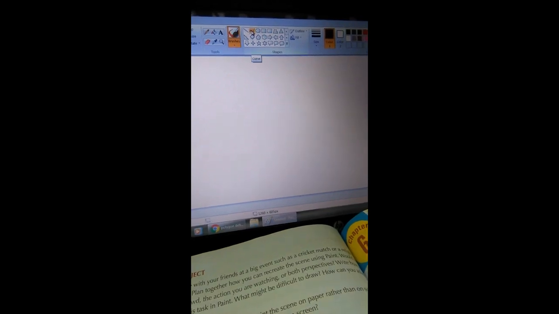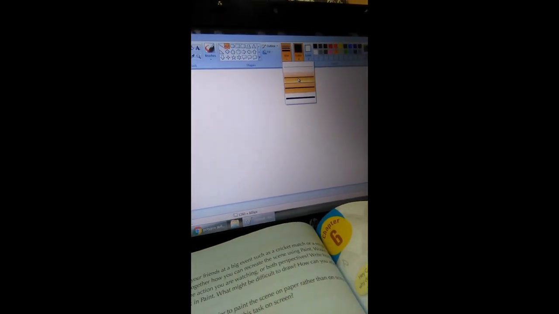A group is actually something which has the same kind of tools. Like shapes, there are different shapes in this group. Colors, there are different colors in this group. And this one is the drawing area where we have to draw different shapes on the screen. Now we are actually going to move on to the curve tool. In the shapes group, here is a curve tool. So simply we have to click this tool.